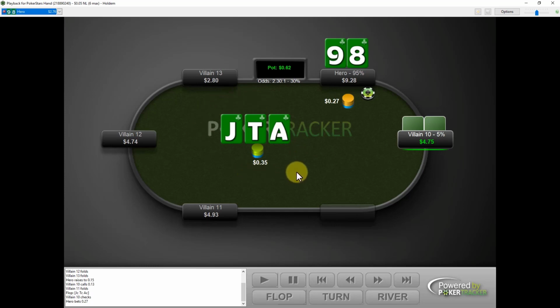And we also get value because our opponents are going to call us with draws, they're going to call us with pair of aces, they're going to call us with a straight draw in a button versus small blind, blind versus blind situation.